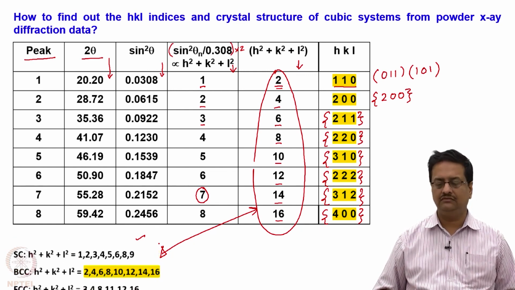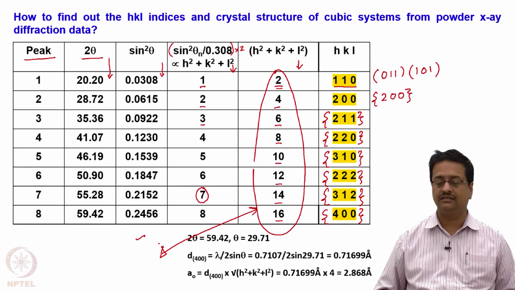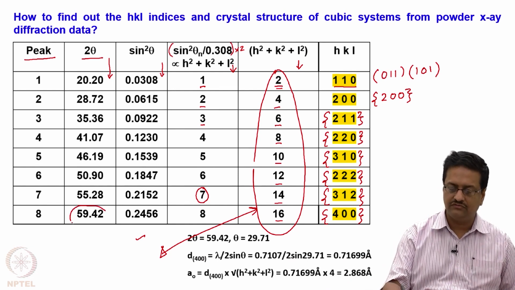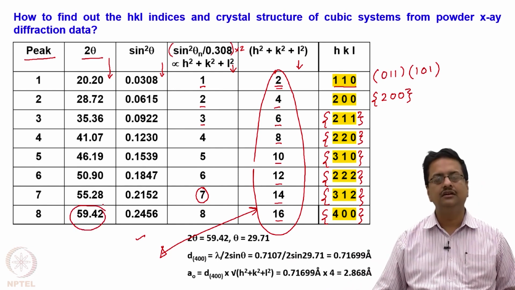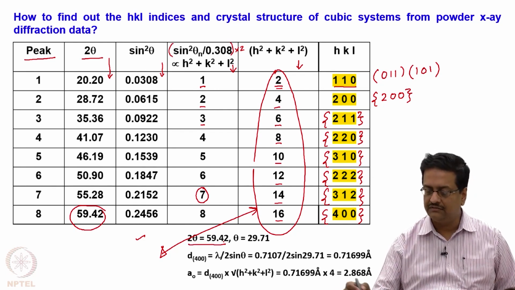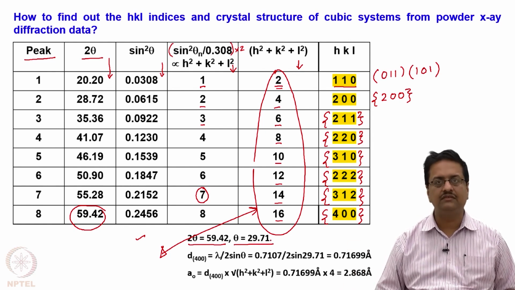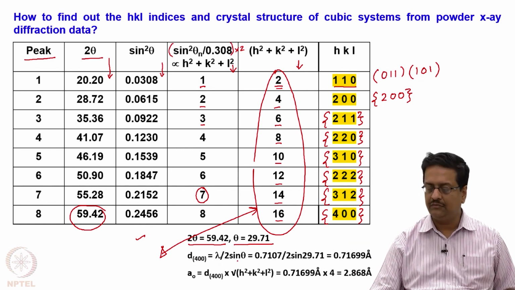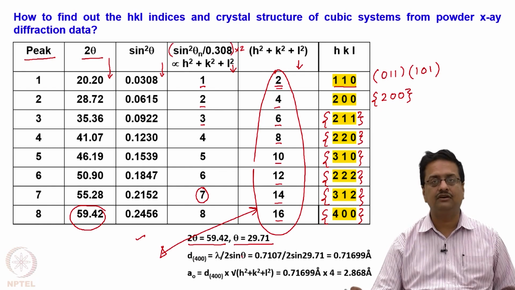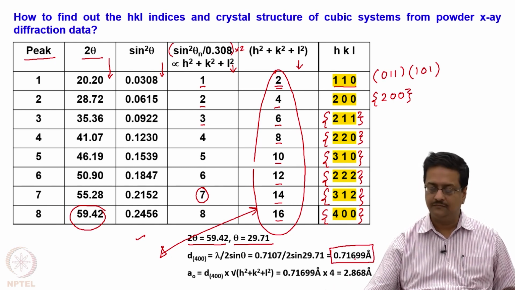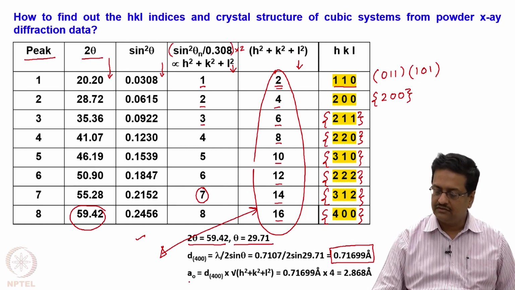And then if we try to calculate the lattice parameters, we take one of these 2 theta values. Suppose we take the last one, 2 theta for the 400 reflection, as our standard reflection. So theta is 29.71. So we calculate the D400 as equal to lambda by 2 sine theta, because we are applying Bragg's law. So we calculate the D400 to be 0.71699 angstrom, and then from that we calculate